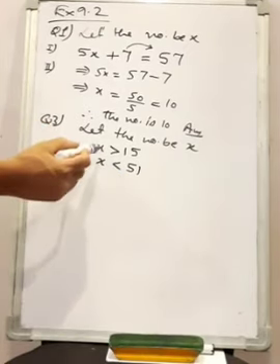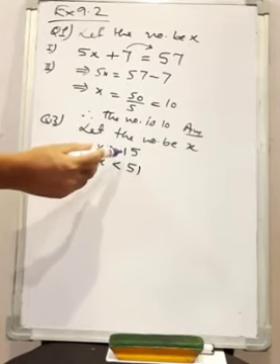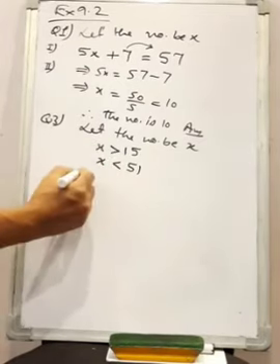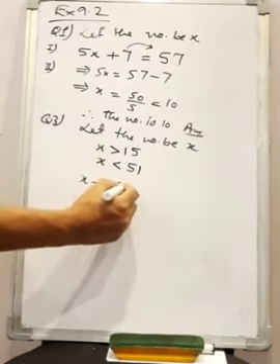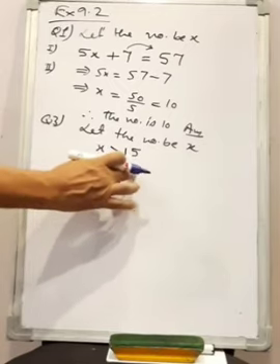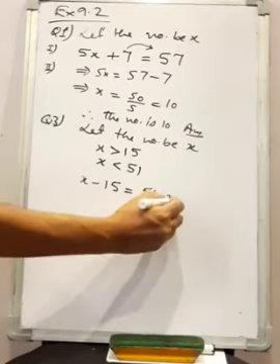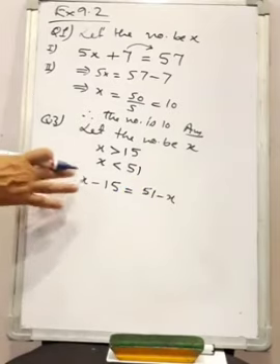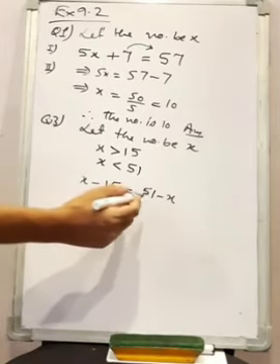So it is given in the question x is as much greater than 15. That means x is greater. How will we find the difference? Greater number minus smaller number. As it is less than 51, here out of these two, 51 is greater. So to find the difference, 51 minus x. So our first step is complete. We framed the equation. Now let us solve it.